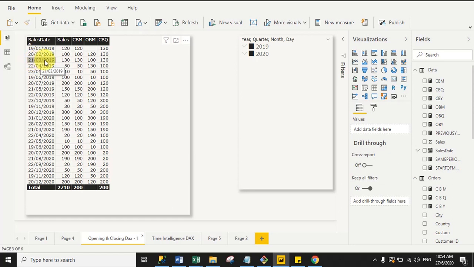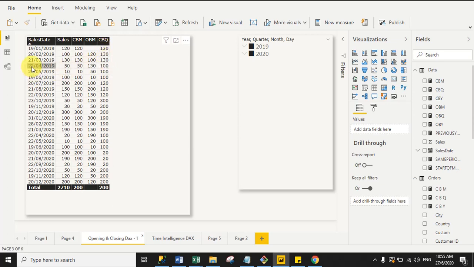Quarter 1 ends with March, and the last day sale on 21 March is 130. So that's why it is returning 130 in the first quarter. Till the first quarter, that means January, February, March, it will return the same sales value.